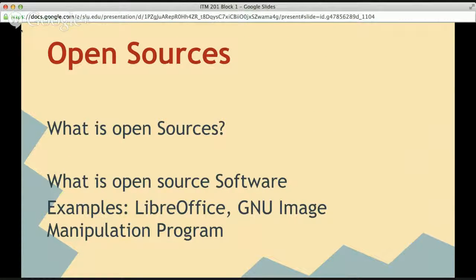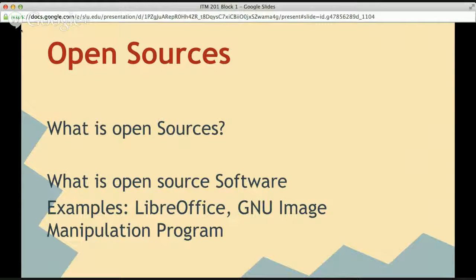The last one I want to mention is open source. Open source refers to something that can be modified because its design is publicly accessible. The same goes for open source software, where the source code is available for modification or enhancement by anyone.